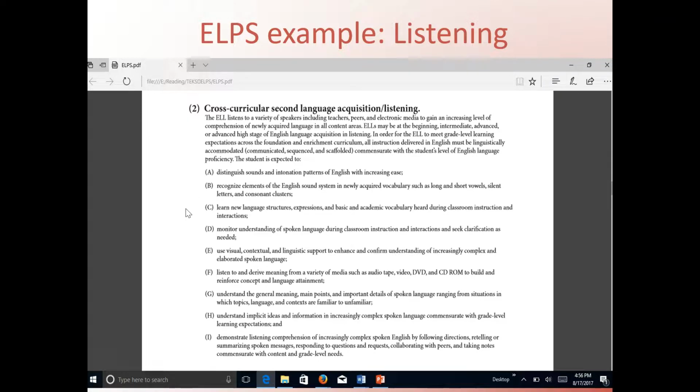So if you see here, this is cross-curricular second language acquisition and listening. Cross-curricular means across the content. These students are learning to acquire a language, specifically in this case to improve their listening skills. We want our students to be able to distinguish sounds and intonation patterns of English, recognize elements of English with newly acquired vocabulary such as long and short vowels and so on. I'm not going to read all of them to you, but I want you to look through this and note